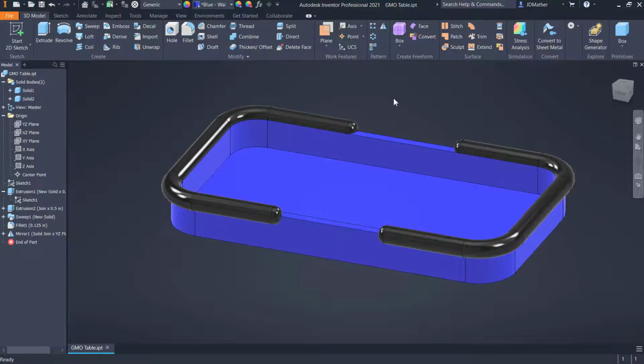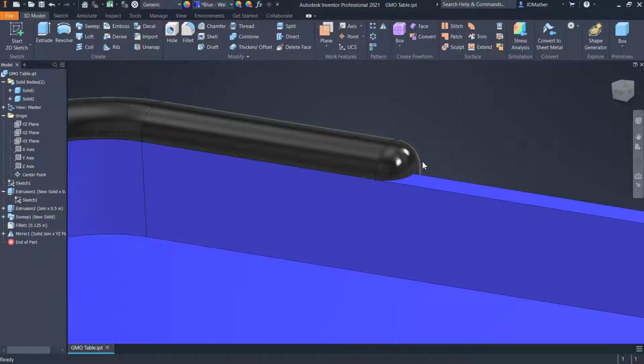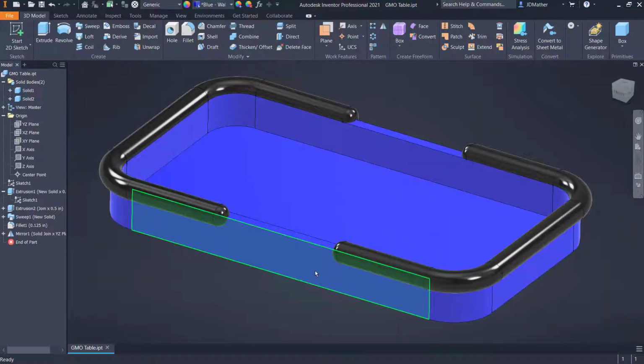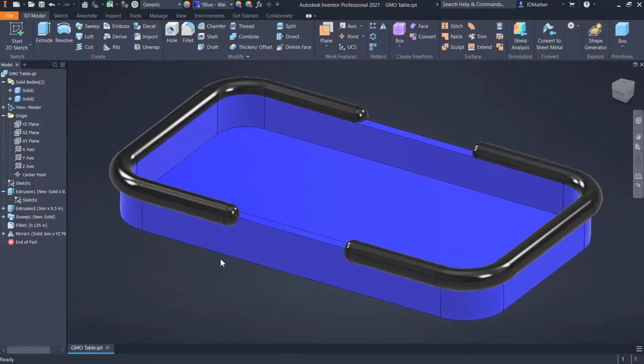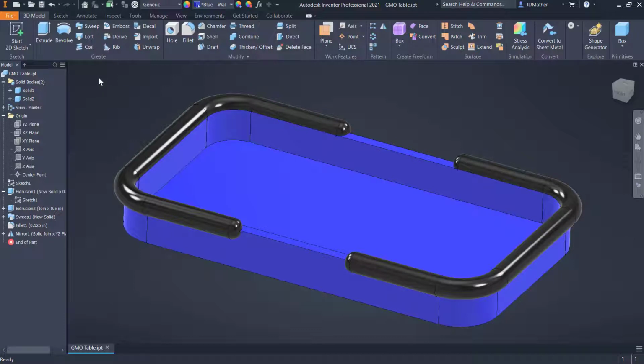Alright, you could do some additional adjustment with color. Technically, we have these two parts interfering with each other. You can fix up those solid bodies if you like. Subtract this solid body from these two, keeping the original tool body. I'll save this. Alright, then I'm going to start a new metric part file, and it doesn't really matter whether